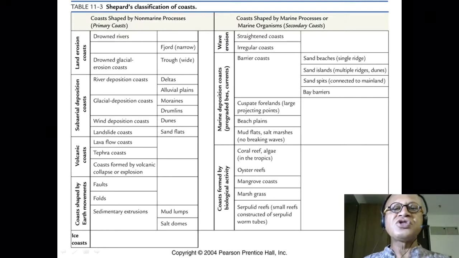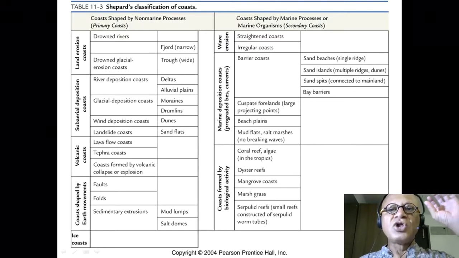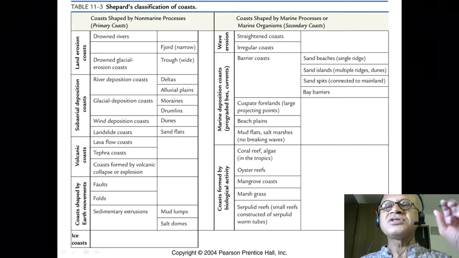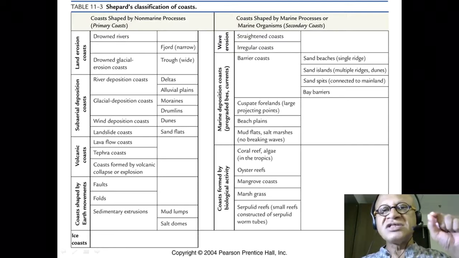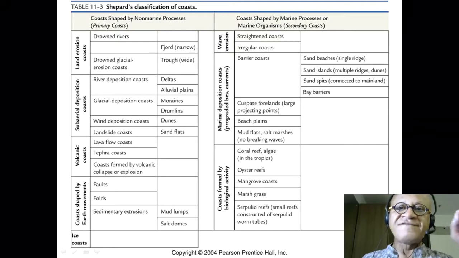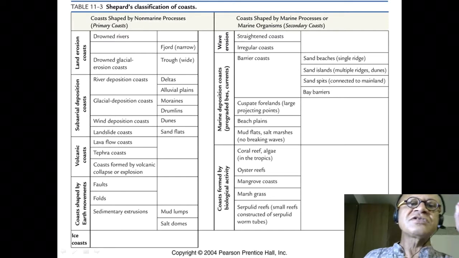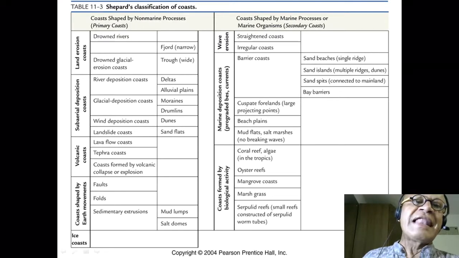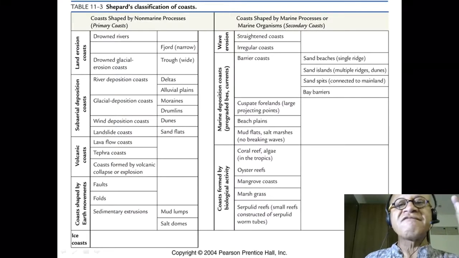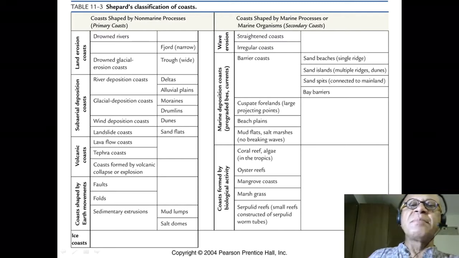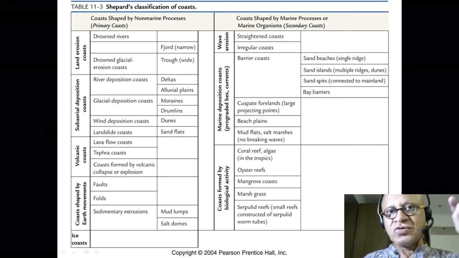So they are divided into coasts that are shaped by non-marine processes, or primary processes, primary coasts, and coasts shaped by marine processes or marine organisms like reefs and so on, and they are secondary coasts. Okay, so here is a table with some examples: land erosion coasts, subaerial depositional coast. So you can have an erosional coast and a depositional coast, and then it can be a primary coast and a secondary coast. So multiple